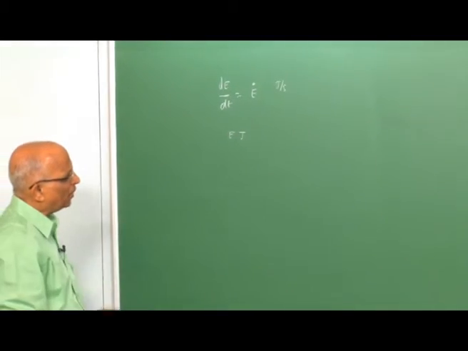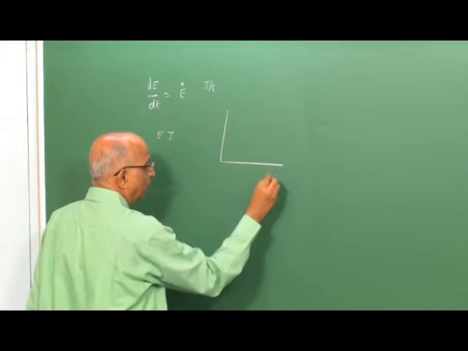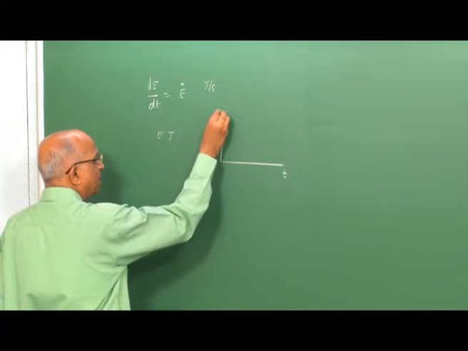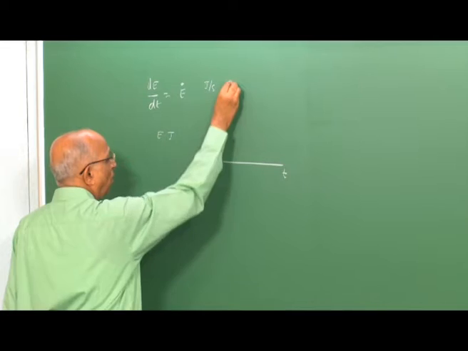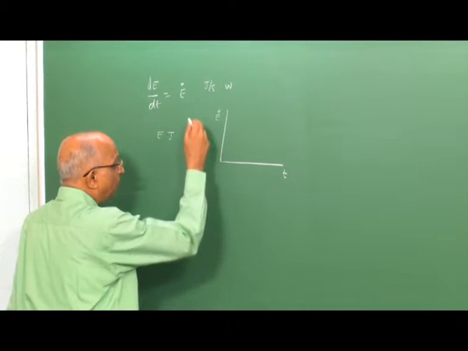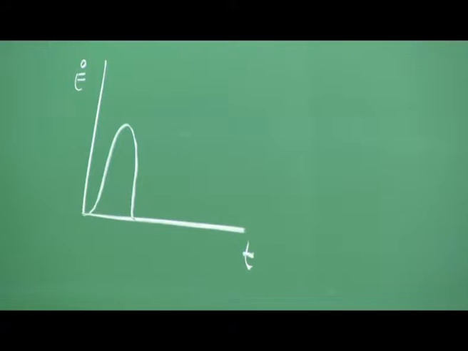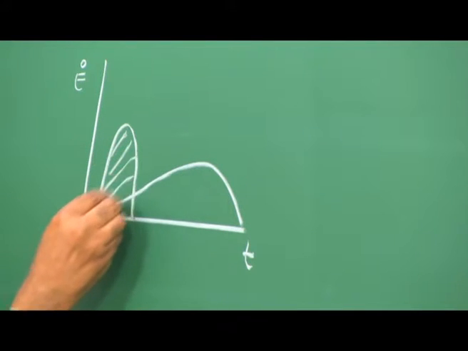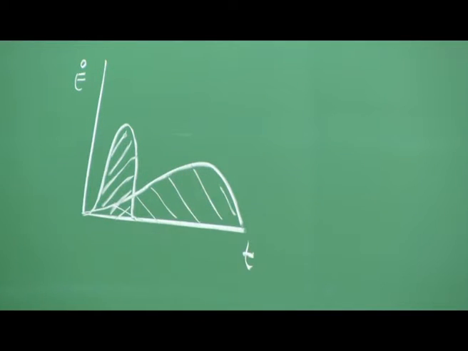Let us qualify this. Why do we want to do this? Supposing in this figure, the x axis represents the time and the y axis represents the rate of energy release dE by dt, say in joules per second, which is equivalent to a watt. What we say is, the energy release of a given magnitude could either take place in a very short period, or it could take place over a prolonged period, such that this is the total energy which is released, that is the area under the curve.